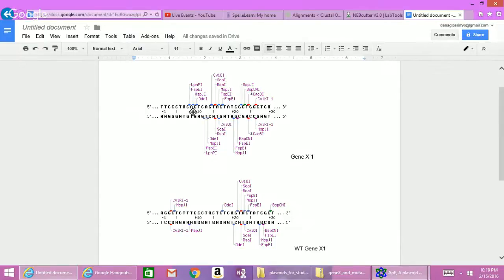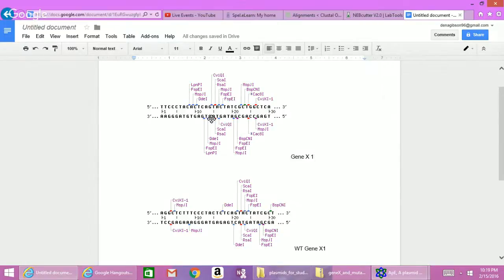Yeah, perfect. So we got CAC right up here and CTC up here, and we're looking for the restriction enzyme that would be best to snip away that point mutation without snipping away certain nucleotides that we want to